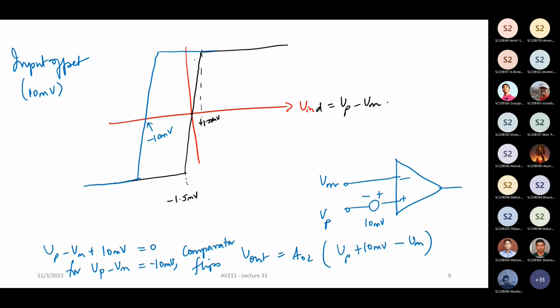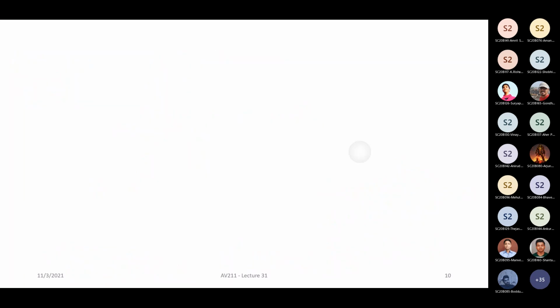Now, is the offset predictable? No. Offset is a random quantity, and therefore every op-amp you take will have different offsets, right? Now, when you say you have a certain amount of offset, what is the usable range of this op-amp? Let us say I am looking at my op-amp data sheet.